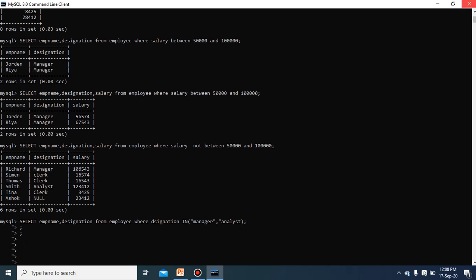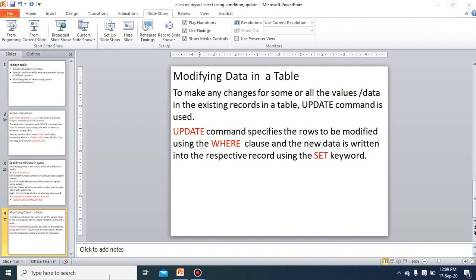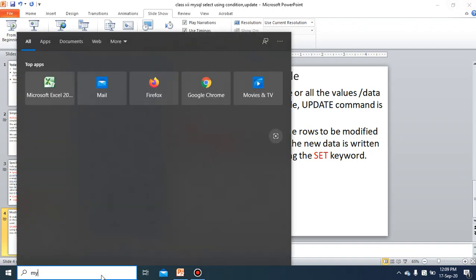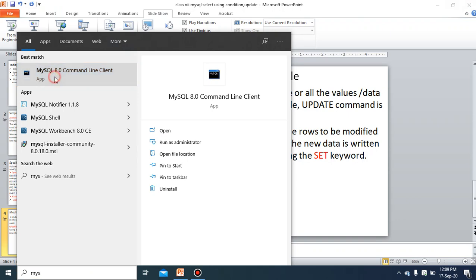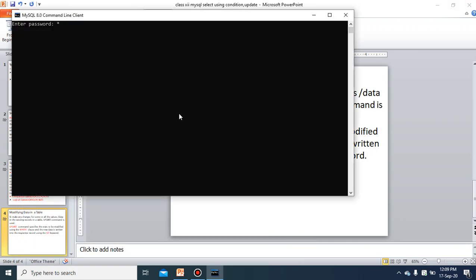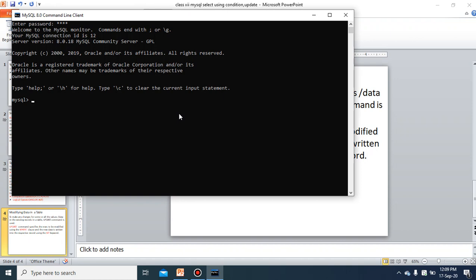So the only option is to close it, and once again write MySQL and open it, and then again start the MySQL, and use the database, then after that select